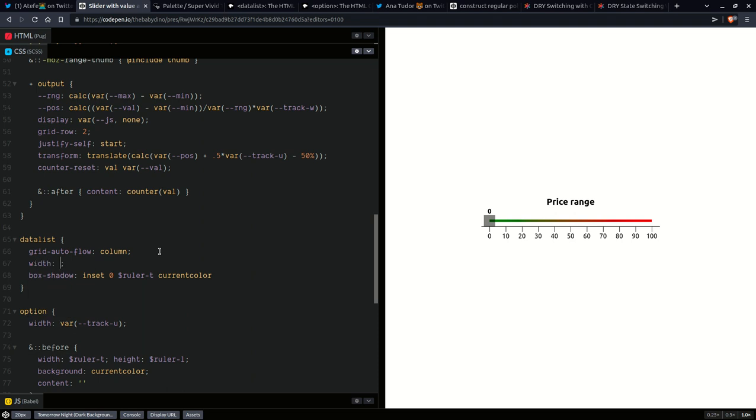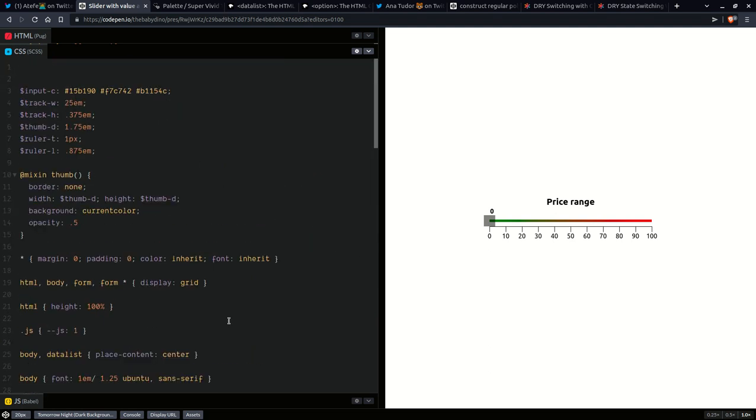So its width is going to be limited to calc track width plus 1 ruler line thickness. Okay, because this extends by half a ruler line thickness beyond the track width, okay, both left and right. So by half left, by half right, which is why we add 1. Okay, now having done this,